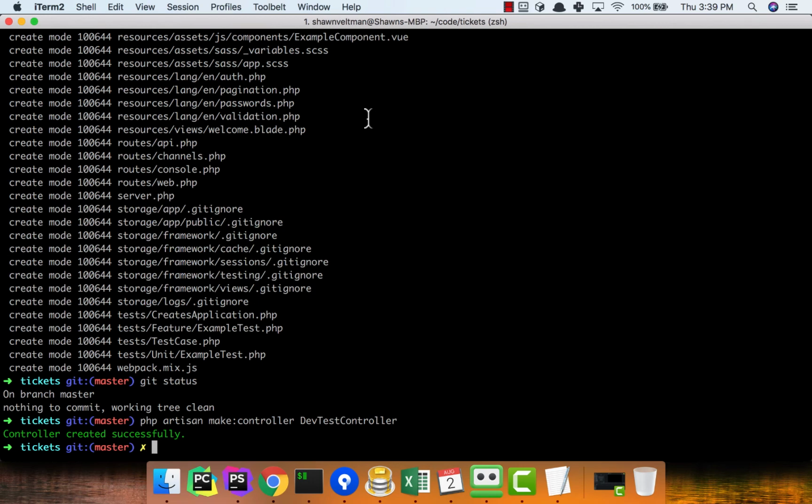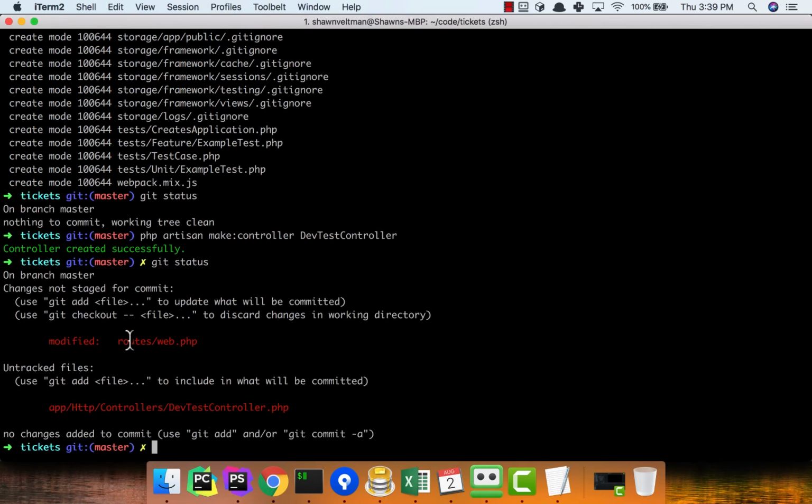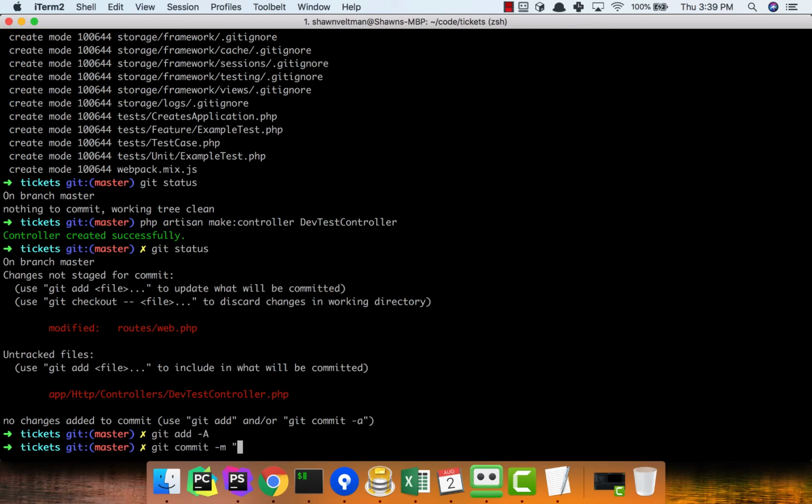One of the things that's really interesting is if I do a git status now, it's going to tell me that these files have changed. And we know that's true. These files have changed since I committed. So think of a commit as saving the state of your application at that point. So let's commit these. Let's add these again. And have I created a branch for this? I haven't. We'll say no issue,